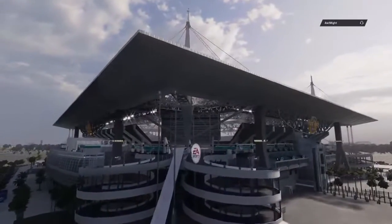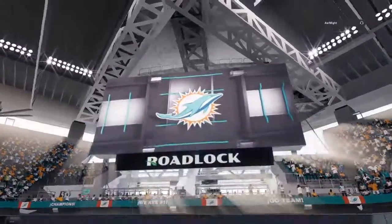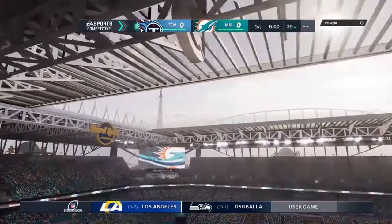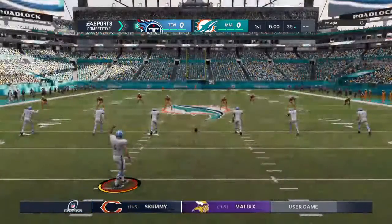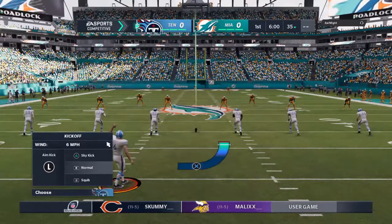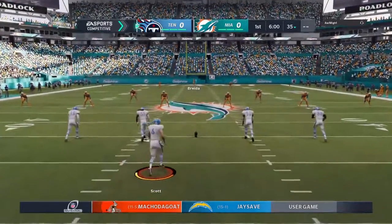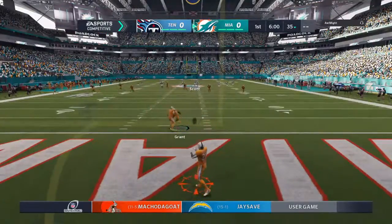Fever has immersed South Florida as we are at Hard Rock Stadium here in Miami. Coming up, it's divisional round Saturday, and we've got an AFC battle on tap between the Tennessee Titans and the Miami Dolphins. The first of 4 berths in the conference championships on the line here as divisional weekend in the NFL is